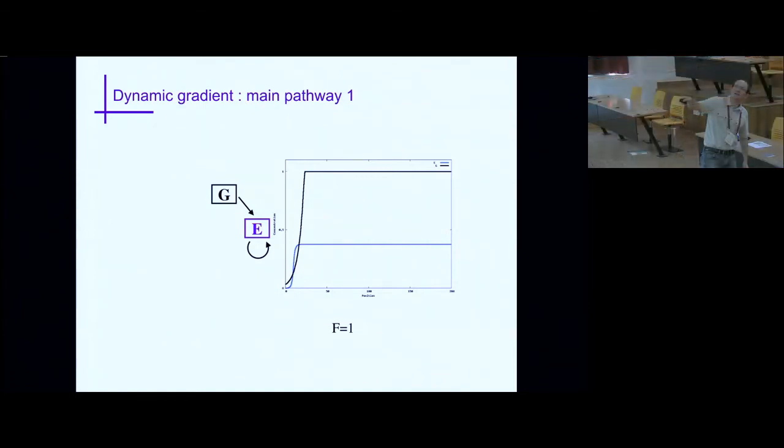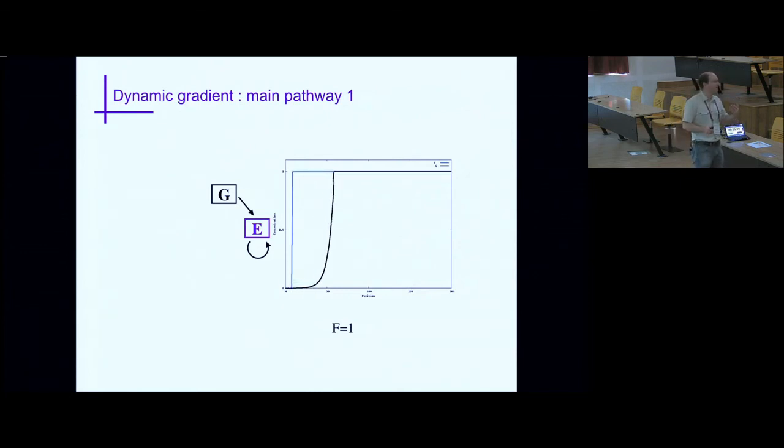You know, E is activated only from a low threshold of G, and so it's going to stay activated on the right and stay inactivated on the left. And so this is the first step to have one boundary. This is a segmentation network with only one boundary. So it's a pretty simple segmentation network. It's very far from having vertebrae, but at least I have one boundary. Okay, is it clear for everybody? Yes.